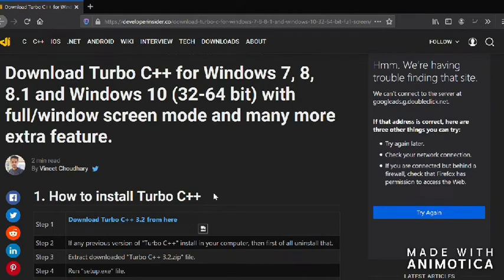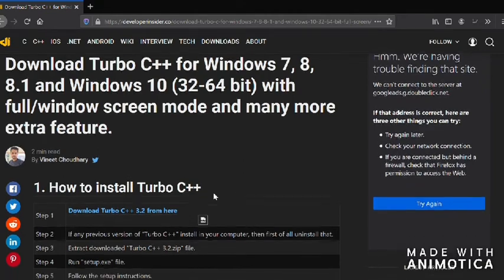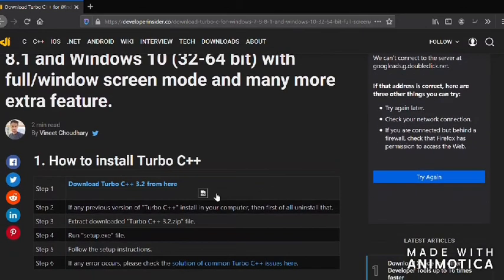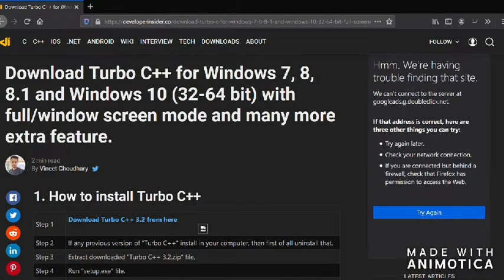After going to the file location, right click on it, and there is going to be Extract All. Since it is a zip file, you have to extract it. You'll have to wait a bit because you have to extract all the files from it.